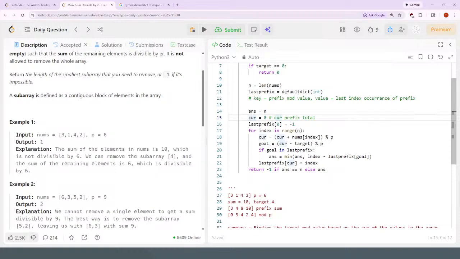I have a default dictionary where the last prefix value is stored for a certain current prefix value. The prefix is the key, and the index where that key occurred is the value of that dictionary entry. Then iterating over every index, you calculate the prefix mod p, and we calculate what the target was based on this, such that the difference between this prefix and that prefix was